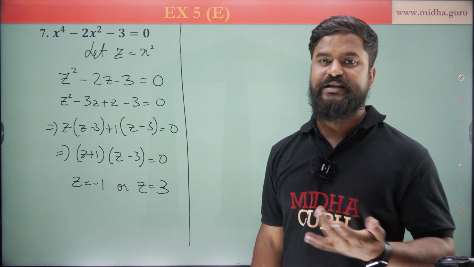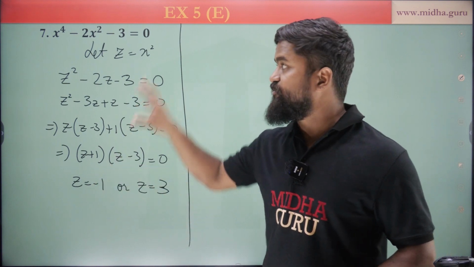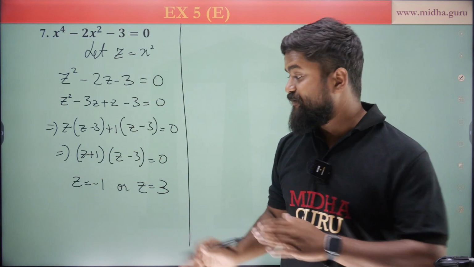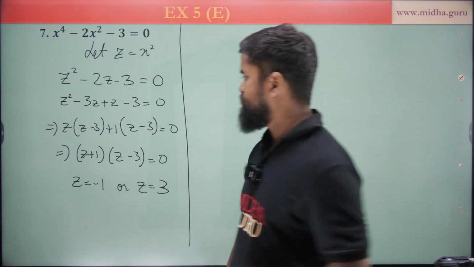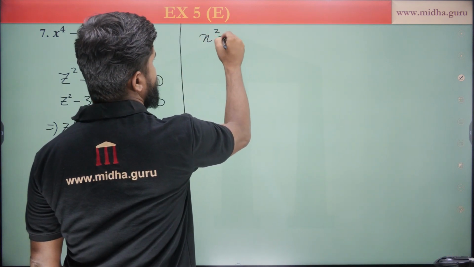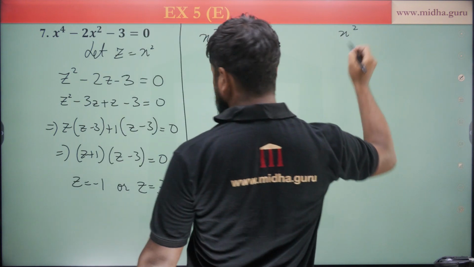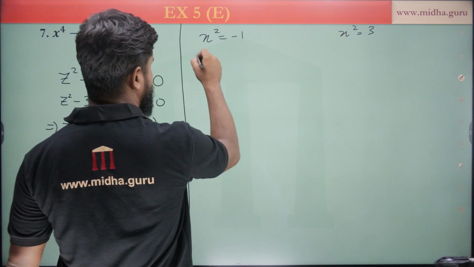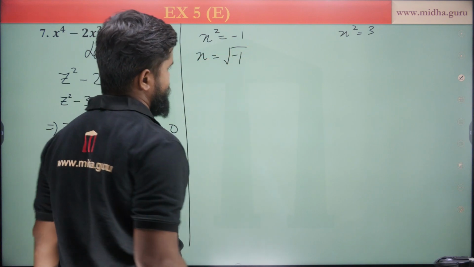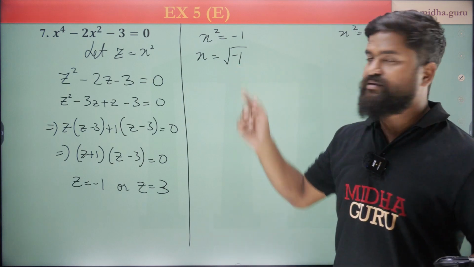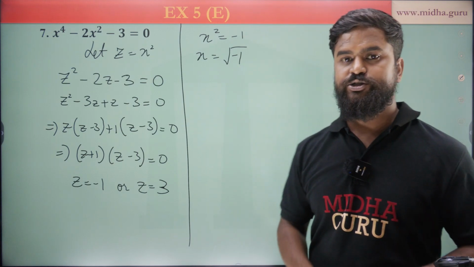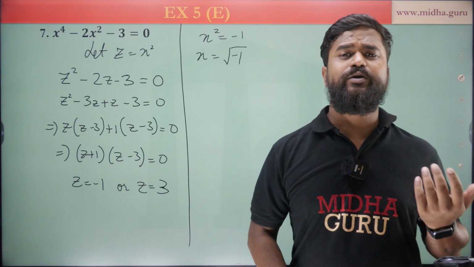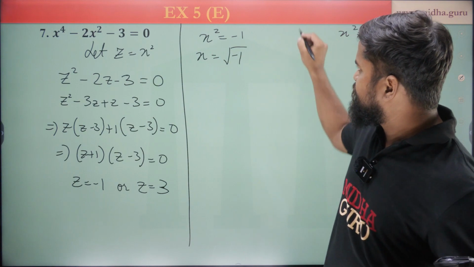However, just like the earlier case, this is not the solution for the given equation. Now we took the variable z to be x squared. So we'll replace z with x squared in both places. When z is equal to minus 1, which means x squared is equal to minus 1, or x squared is equal to 3. Now if we have to take out the square root, we have to take out the square root of negative 1. And as you may all know, this is what we call an imaginary number. Since we know such numbers do not exist, we can say that in this case,